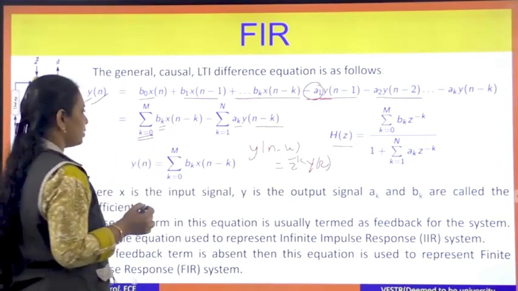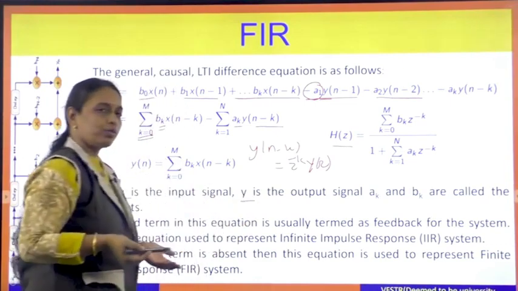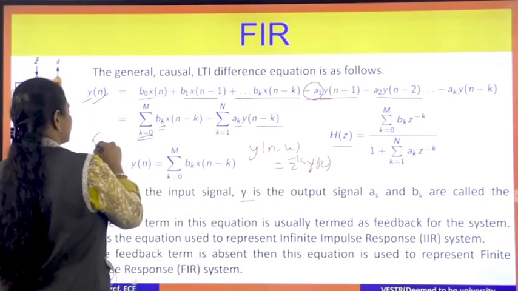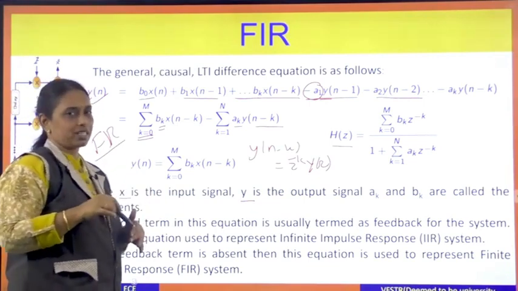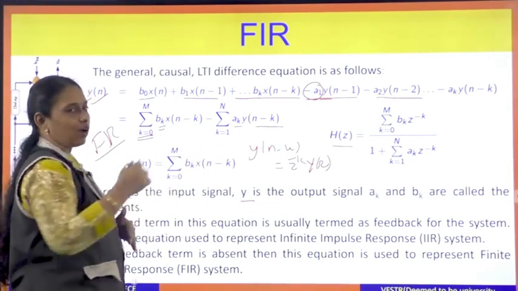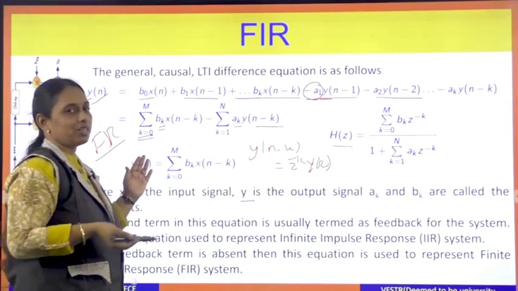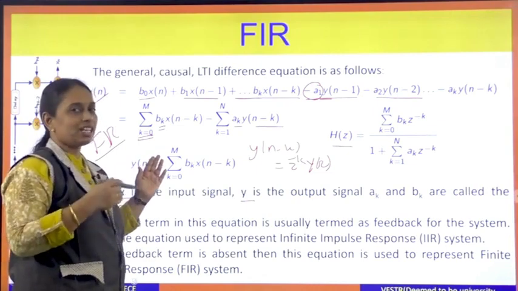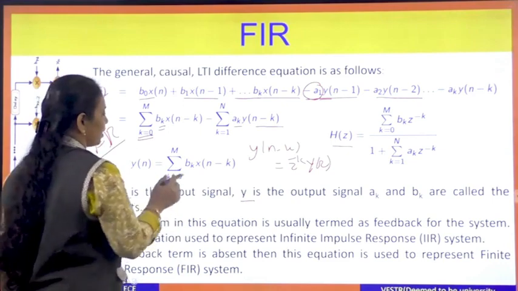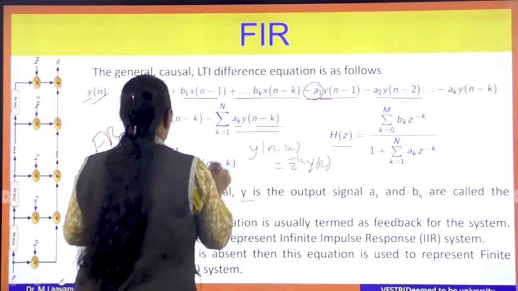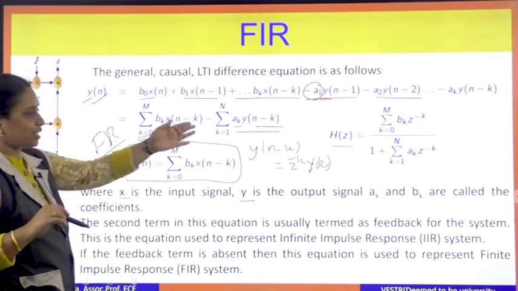Here, x is called the input signal and y is called the output signal. Normally FIR means finite impulse response, which depends only upon the past inputs and present input. There are no past outputs, so it is also called without feedback. An IIR filter will have feedback, so it is called a recursive filter, and the FIR is a non-recursive filter. That's why, if I assume the output terms are 0, I will have y of n equal to the summation of bk x of n minus k. That is my transfer function.